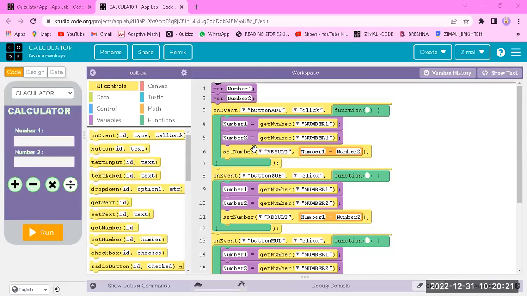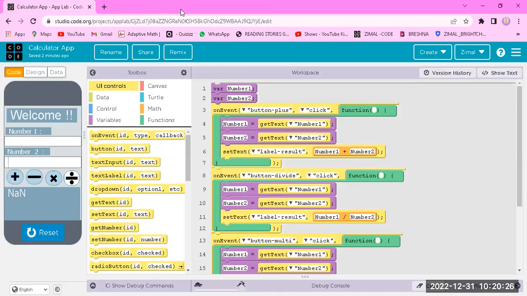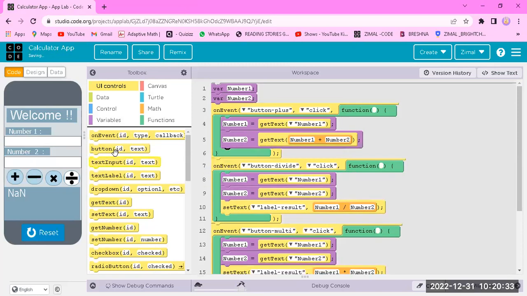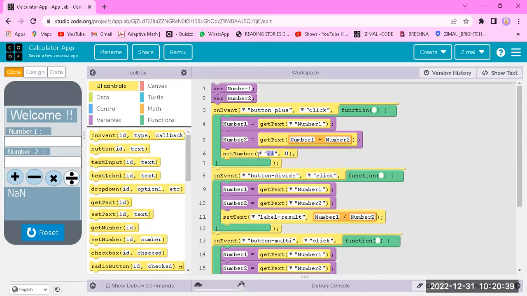Okay, it's set number, not set text. I was doing a big mistake. So please do not make this mistake, because this is a very serious mistake that we all do, that set text. Okay, so I'm very, very sorry that I made it as set text. It's a set number. Okay, so the idea is going to be